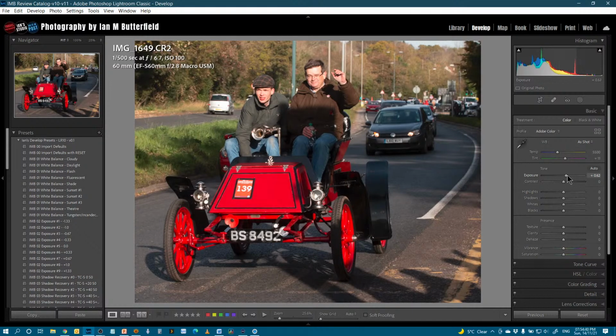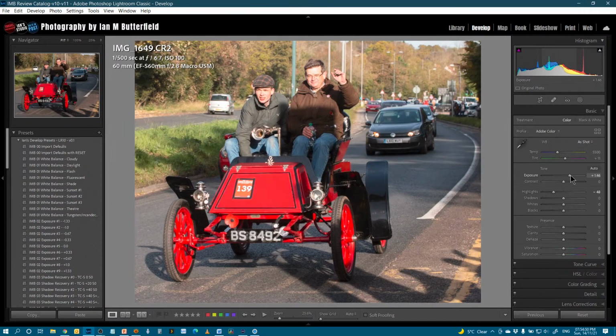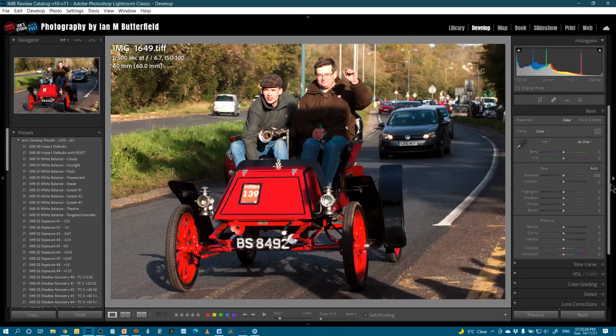But if I had got them, the answer is the highlights slider, just to bring that bit down again, just to protect it on there. So it's one way you can bring everything up on the exposure and then bring the highlights down just to protect the bits that the exposure slider has taken into being blown out. So we've got that. Right, moving along.